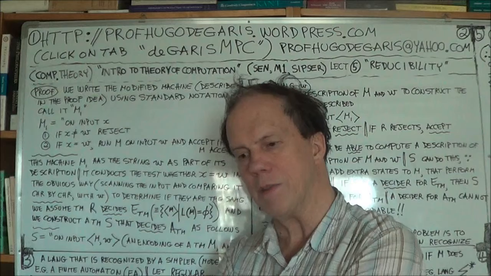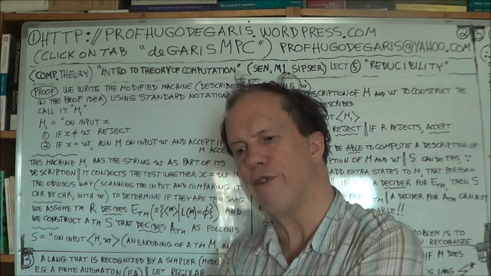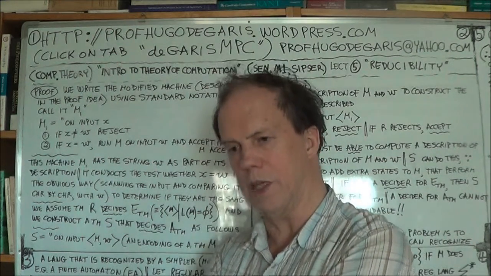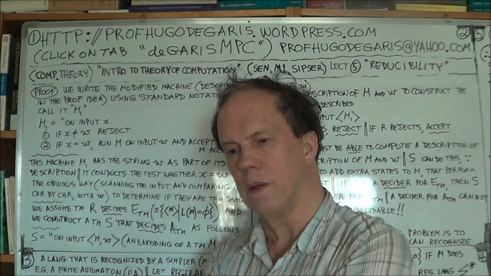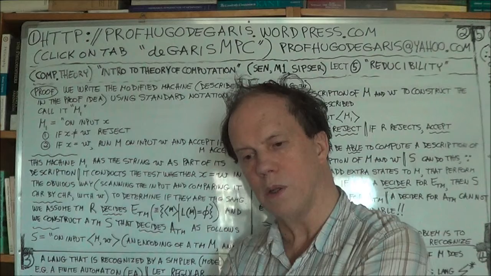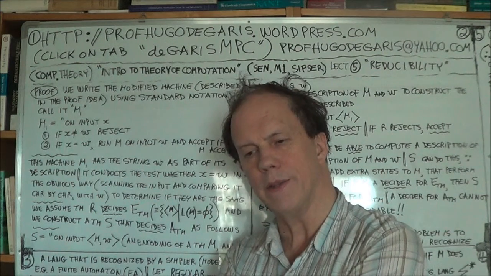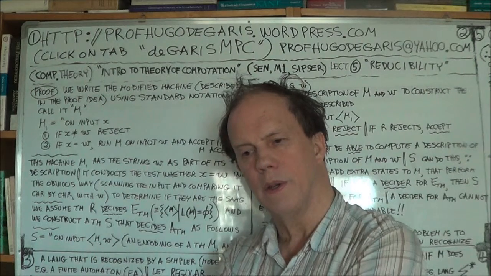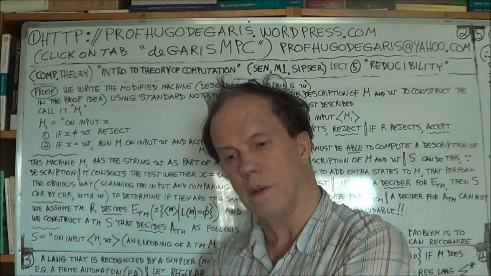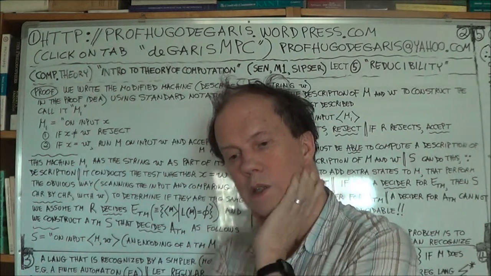Now we know that ATM is undecidable, so we want to have a reduction from ATM to what? To ETM, I guess. So our problem A is ATM. How to construct a Turing machine